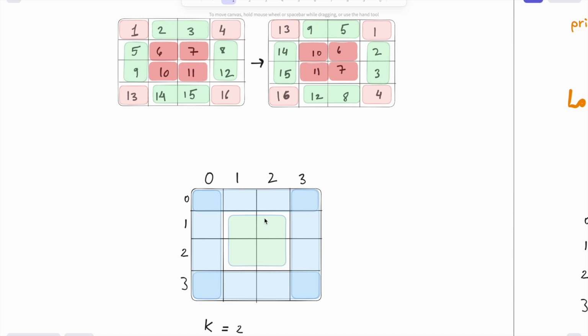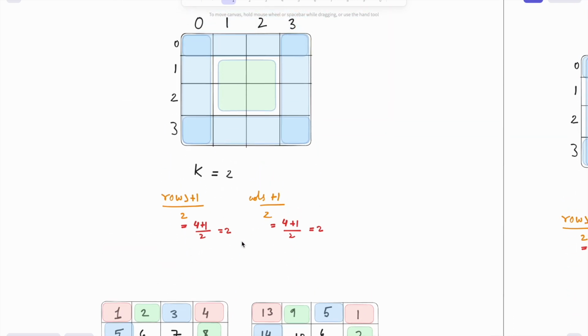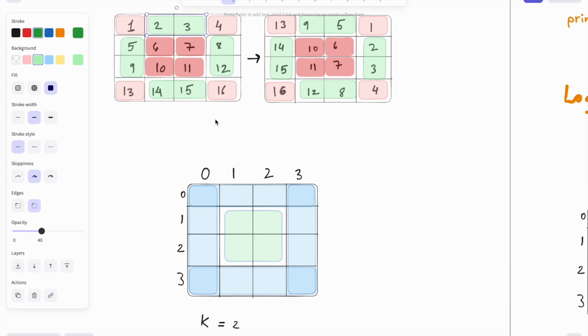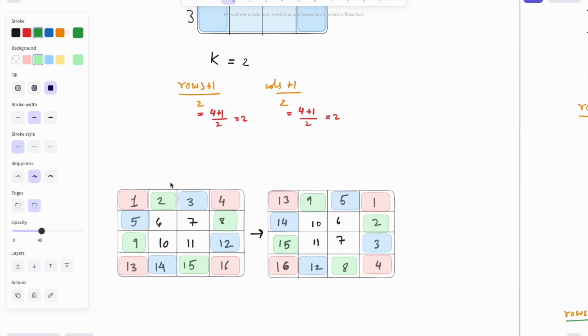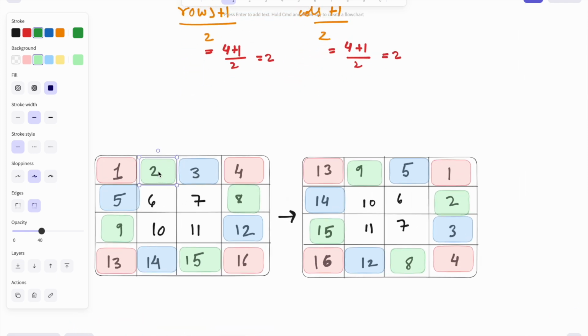So now we understand the layers concept. Now we also need to understand that there is something that we can simplify over here. It's not just 2 3 as a bundle going here or 8 12 as a bundle going there, but even the individual values can be compared. So here, we are splitting that one big box with two numbers into one big box with just one number. We have one cycle of 1 4 16 13, we have another cycle of 2 8 15 9, which rotates among itself.